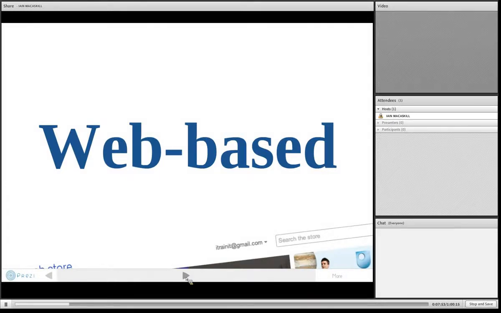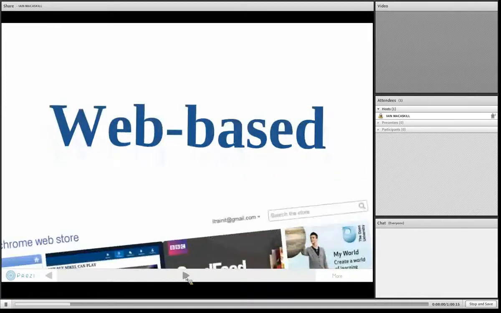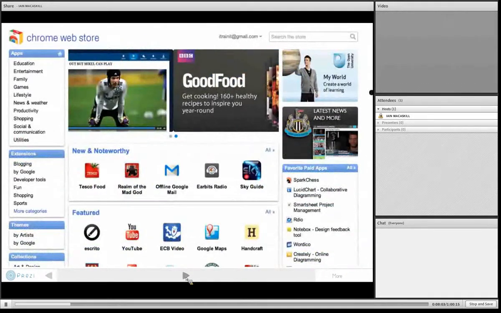Again, who here uses Chrome? Okay, for those of you that do use Chrome, who's been aware of the Chrome Web Store? Okay, the Chrome Web Store, again, this is just a screenshot of it, but I'll show you in access. It's basically like apps for your iPhone, but for the browser itself, and a lot of these